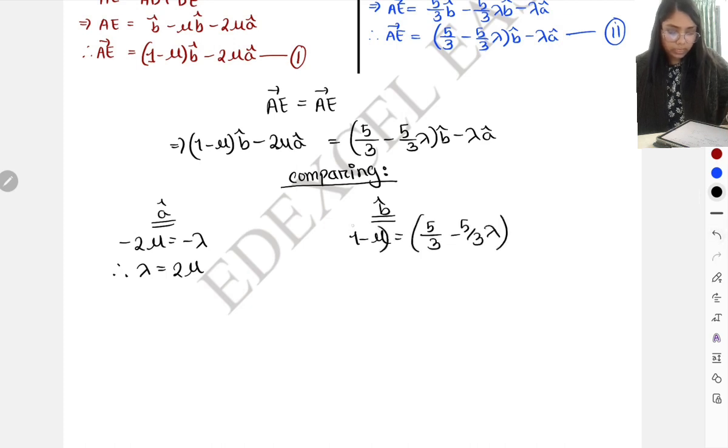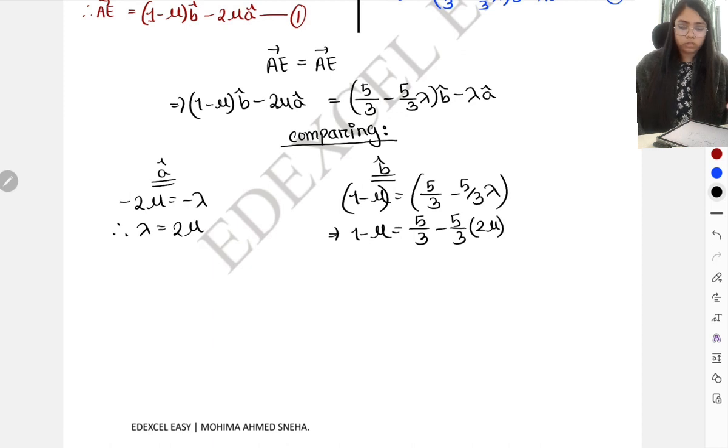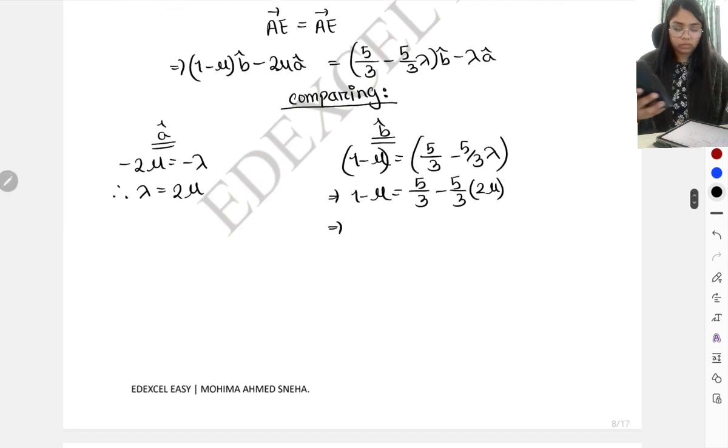Okay, so again, this would mean that you can just input the value for lambda over here. So you have 1 minus mu equals 5 by 3 minus 5 by 3 times 2 mu, which is going to be 10 by 3 mu, right? 5 by 3 multiplied with 2 is 10 by 3. So sorry, I'll just write all the mu together and all the numbers together. So you have 10 by 3 mu minus mu equals 5 by 3 minus 1. So that's 10 by 3 minus 1 is 7 by 3